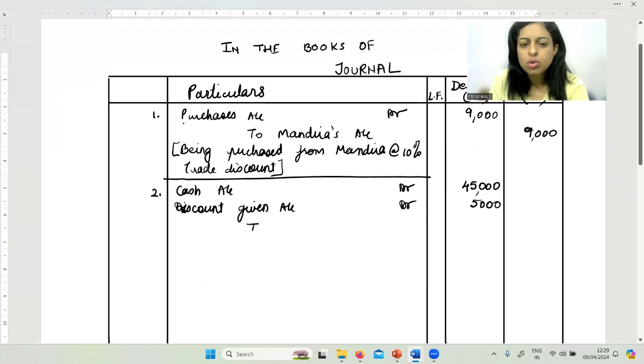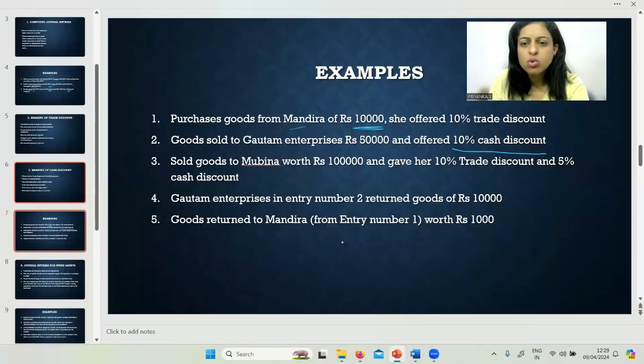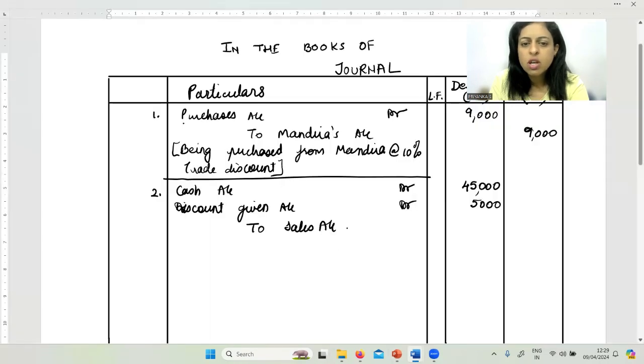And to sales account, 50,000. Correct? And here I can write it as being sold goods at the rate of, how much is the discount? 10% cash discount. Being sold goods